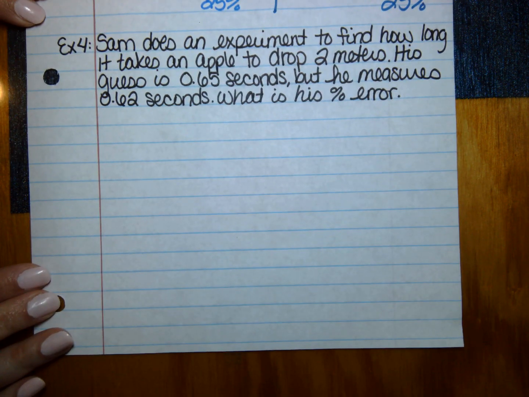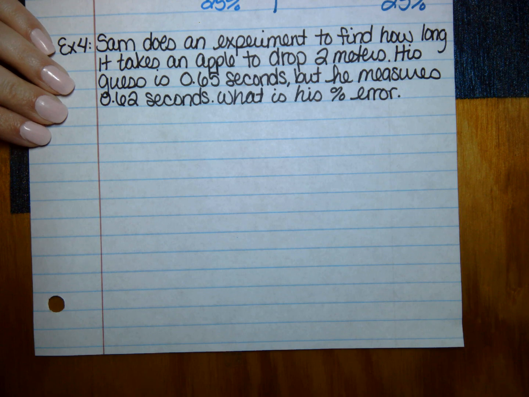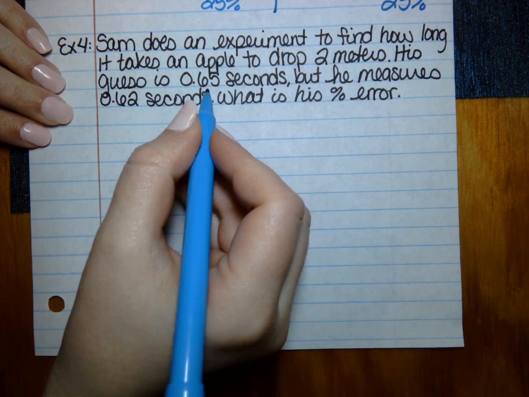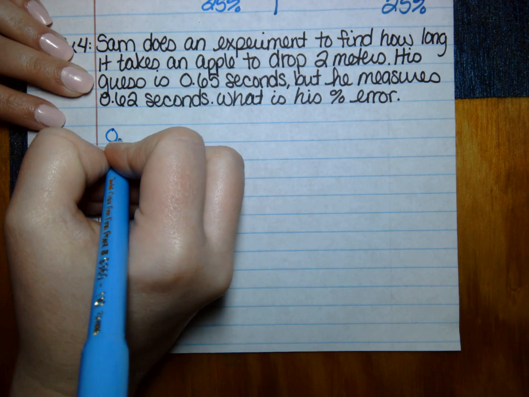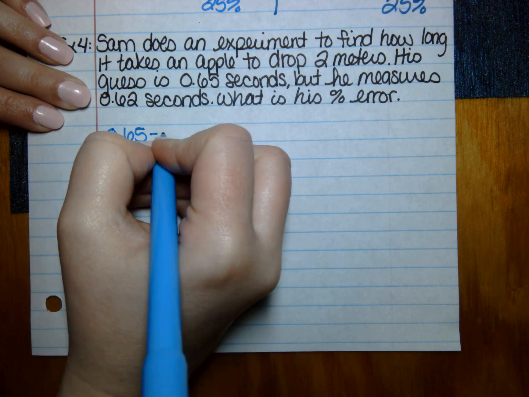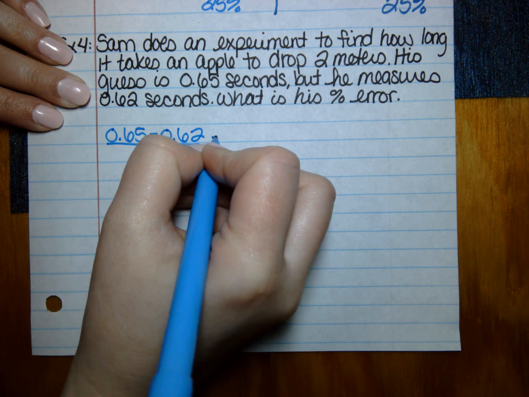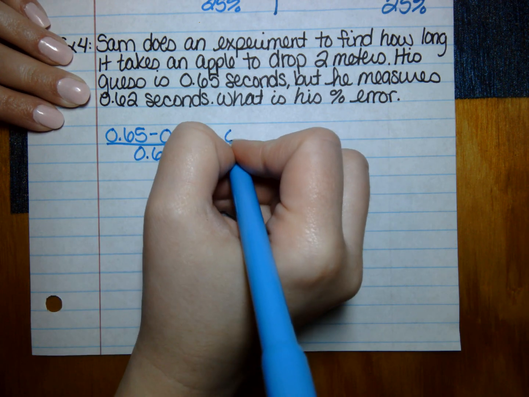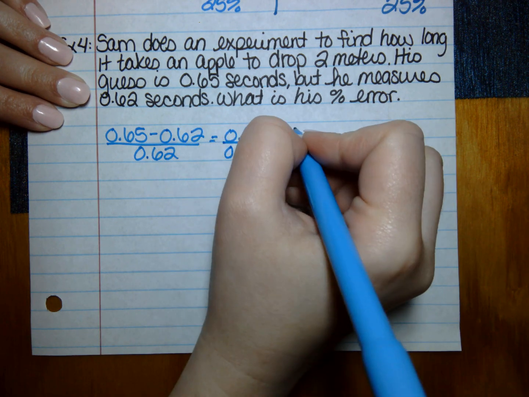And the last example, it says that Sam does an experiment to find how long it takes an apple to drop 2 meters. His guess is 0.65 seconds, but he measures 0.62 seconds. What is his percent error? So again, his guess was 0.65 minus what he measured, or the actual value, divided by the actual value. When I subtract these, I get 0.03 divided by 0.62, and I'm going to end up with